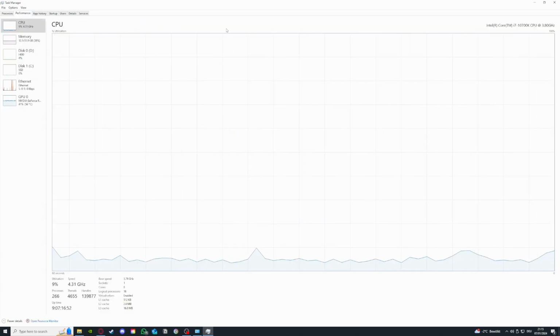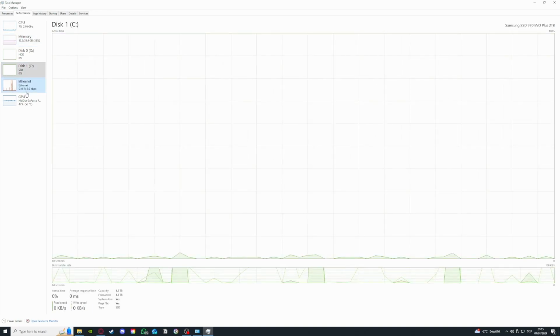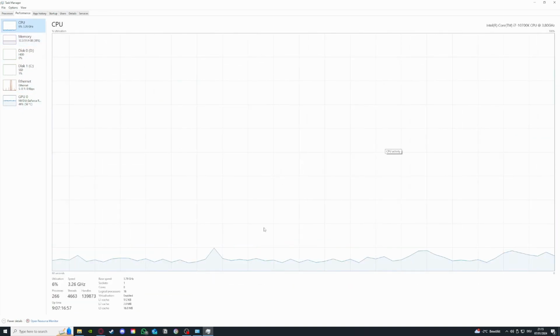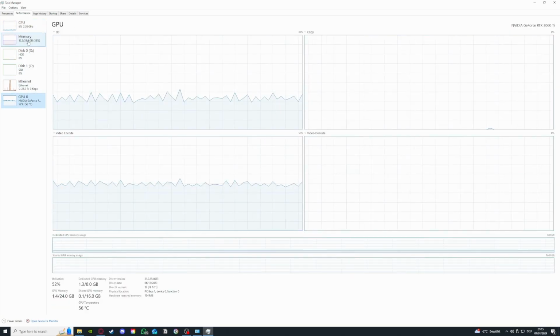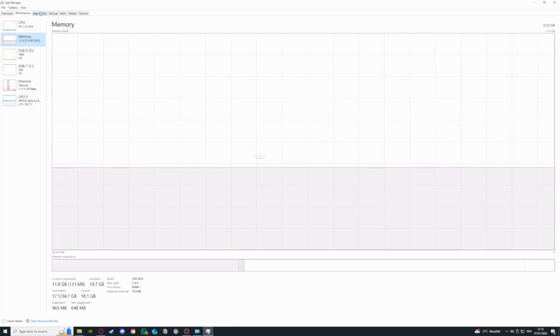And if you want to have a more detailed look, you can also look at the performance tab, where GPU and CPU performance is shown in a graph. And also an important indicator is the memory usage. For example, I have 32 GB memory, which is a lot. So if the program is taking up a lot of memory, you should consider upgrading